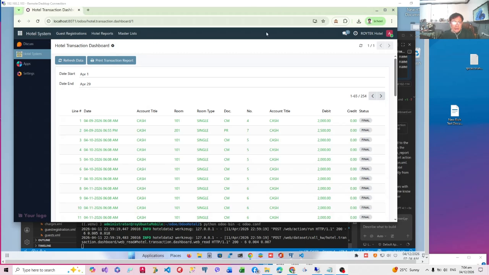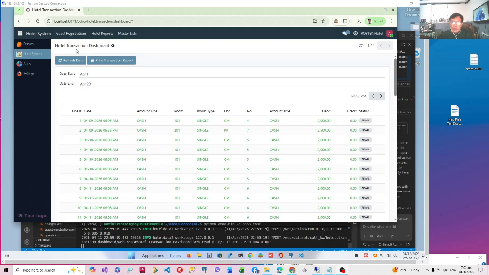In the last episode, I showed you how to create a model that we will use in generating reports in QWeb that derives data from a PostgreSQL query using a select query. And we have included a query inside a PostgreSQL function in order to avoid complicating our Python code. And here is the result.